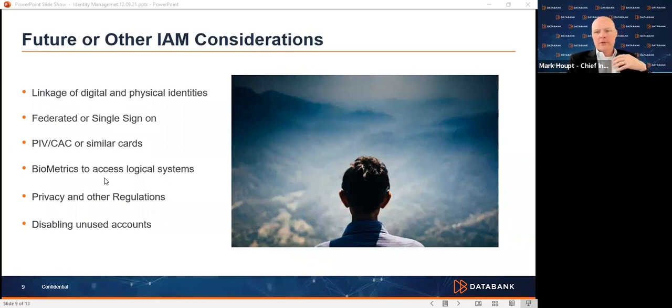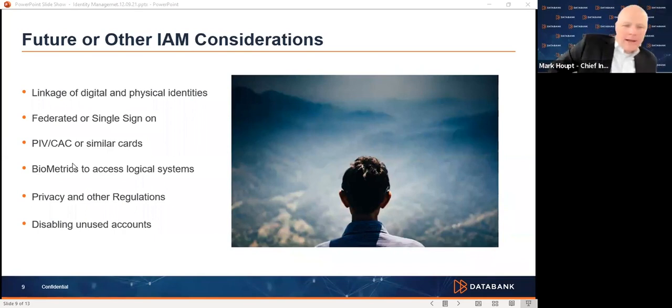Right now, governments are regulating the environments significantly throughout the entire world, specifically coming out of Europe and certain states within the United States. So these regulations are things that we're going to have to take a look at, especially privacy, and how they intersect with our physical and logical identities.